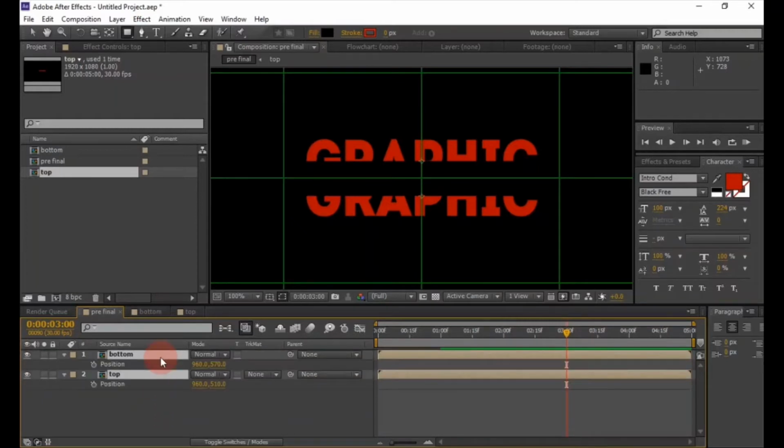Now go to 3 second position, then press P to open position. Now add a keyframe. Go to 2 second position and change the Y position value to 540.